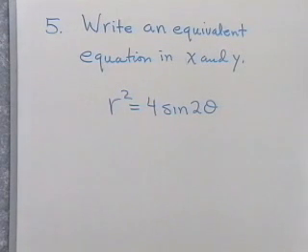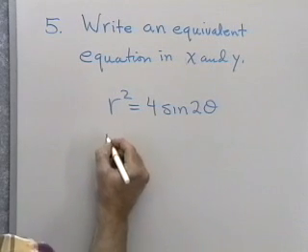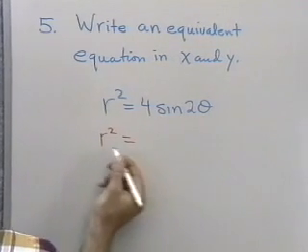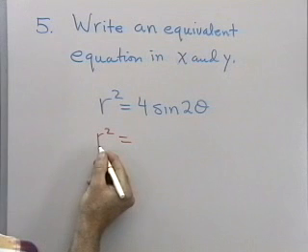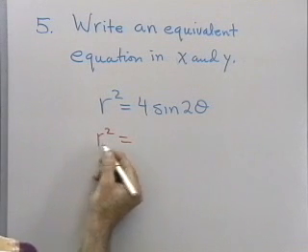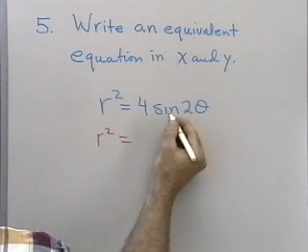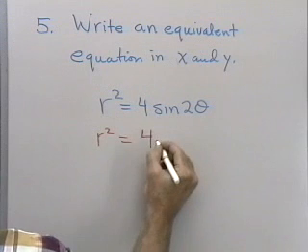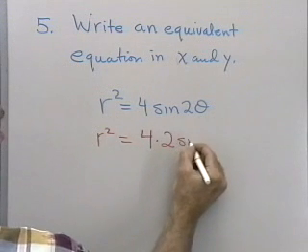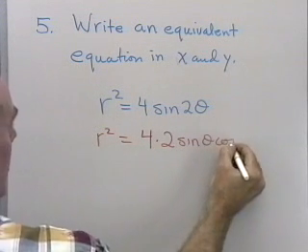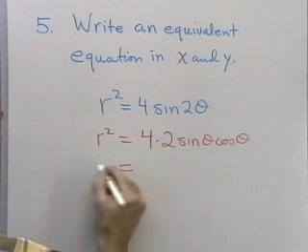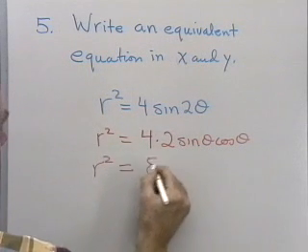Okay, so I have 4 sine 2 theta. Now I'll just tell you a little trick here. I wait and convert r squared later. r squared is x squared plus y squared. Okay, so that's an easy conversion. But first I need to get everything in terms of sine and cosine of just theta, not 2 theta. So I'm going to write this as 4 times 2 sine theta cosine theta. So that's r squared is equal to 8